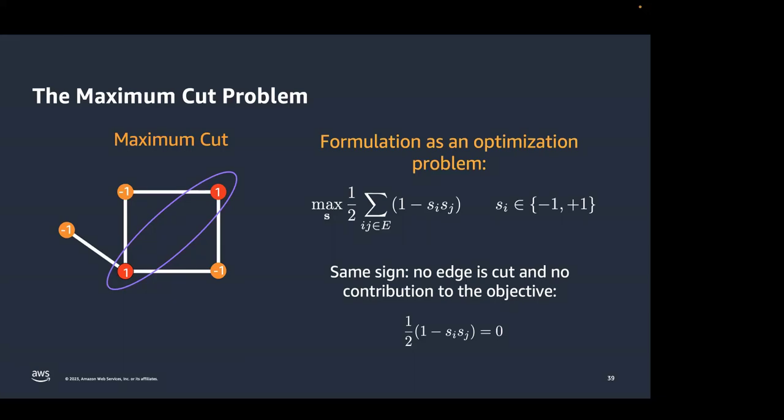So the max cut solution to this graph would be partitioning between two subsets, where one subset contains the red dots and the other contains the orange ones. For a simple graph like this, it looks very trivial, but when the graph is quite large, it becomes quite hard to solve this problem. Okay. Any question about max cut formulation? Okay, nice.